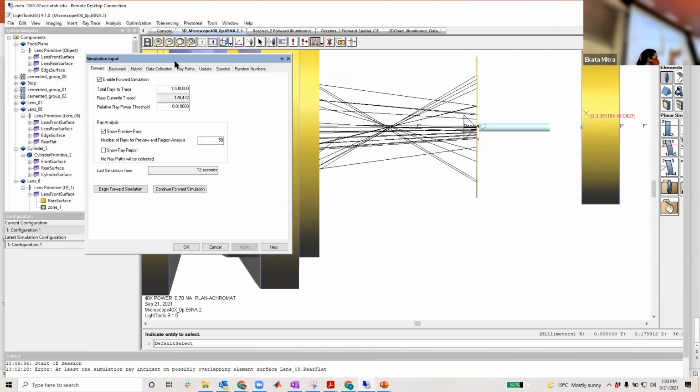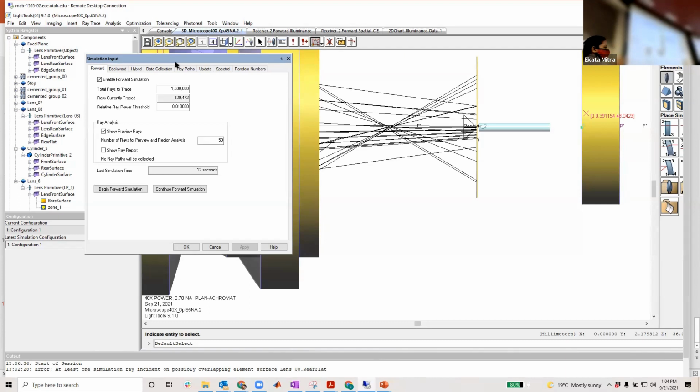When you're having your detector, they give some rays, like 1,000 rays, 2,000 rays, a number of rays to trace. That means how many rays you are going to allow through that optical system, and you are going to get the result. But there is a little bit of calculation: when you have the detector at the end, the area of the detector by the number of rays gives you the stability coefficient.